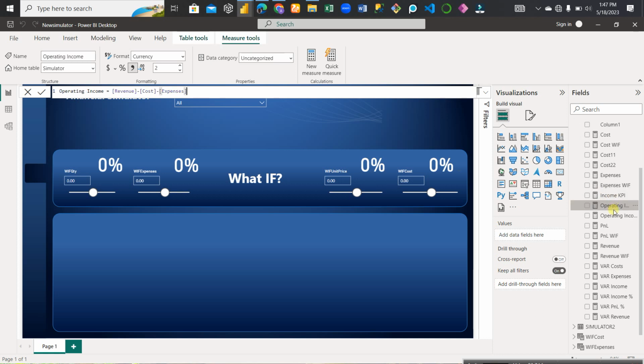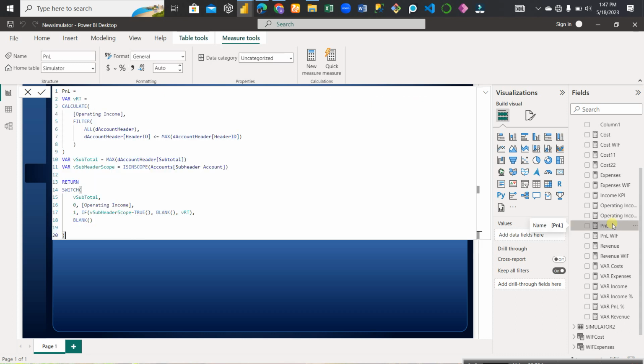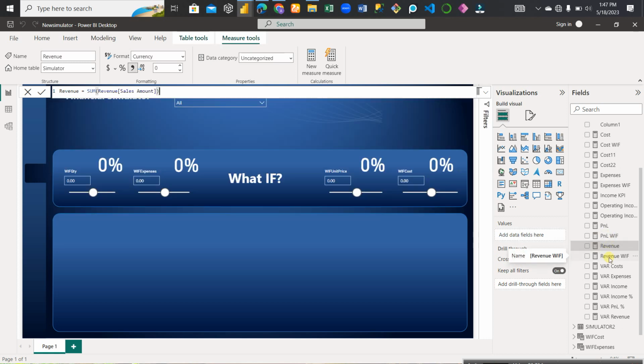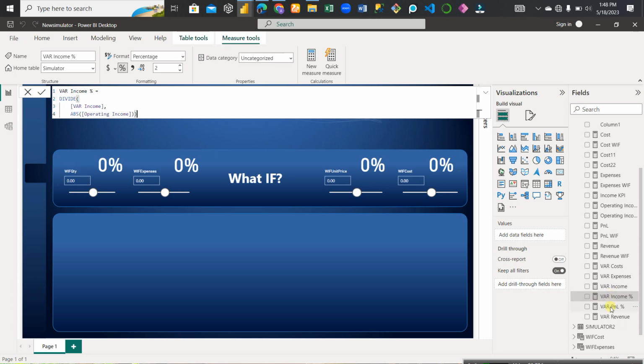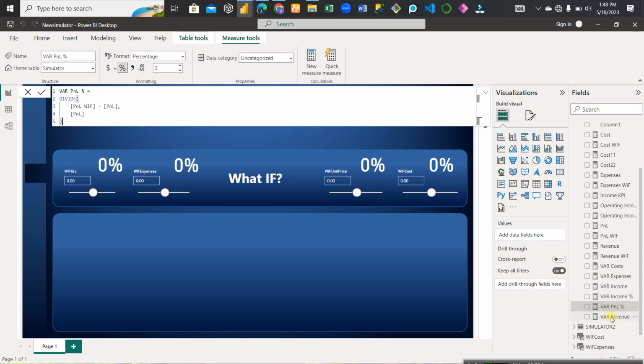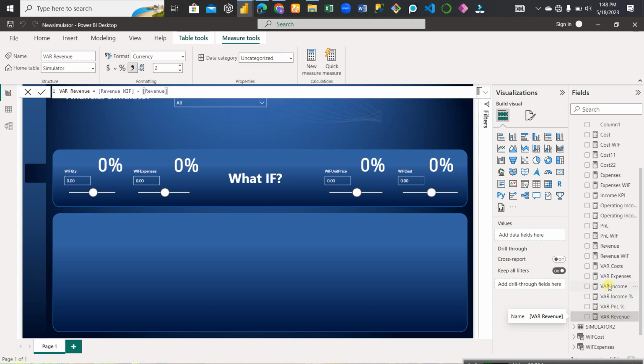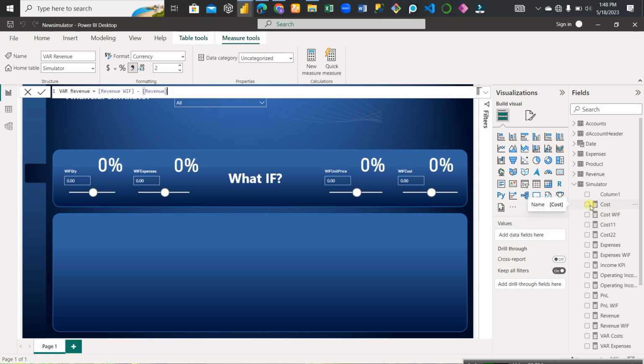And then operating income what if, then P&L, that's profit and loss, the profit and loss what if, the revenue what if, the variable costs, the variable expenses, the variable income, the variable income percentage, the variable P&L percentage, and the variable revenue. And the reason why we'll be using the variable cost is that if we use only the